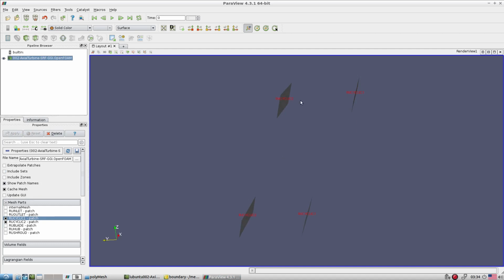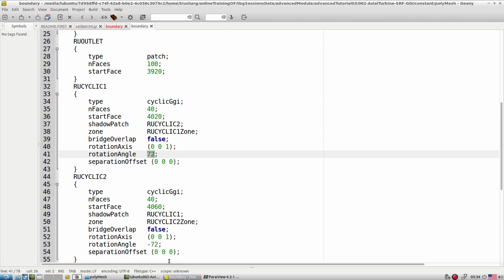So from here to here we require a 72 degree rotation, and from here to here we require a 72 degree rotation, but the opposite way along the z axis. So this is the rotation axis and rotation angle. If I rotate by 72 degrees from here I am able to reach here. If I rotate minus 72 degrees I will reach here. Okay, so that is the idea.